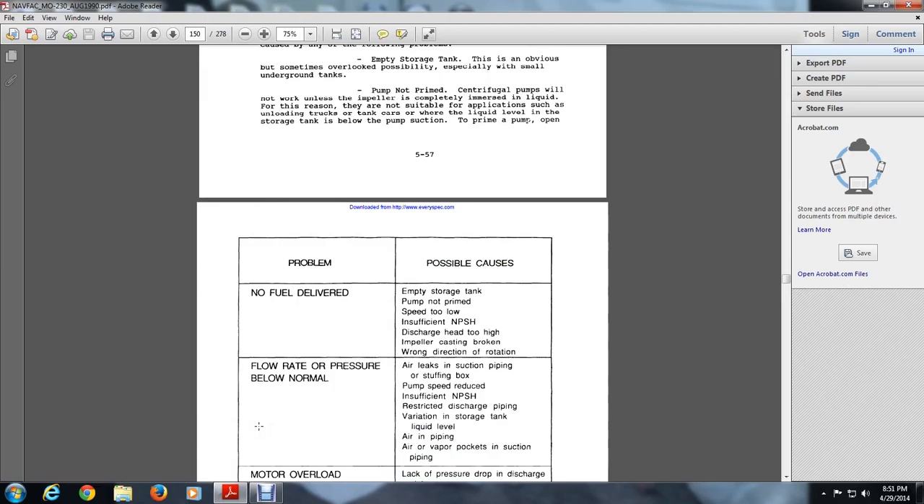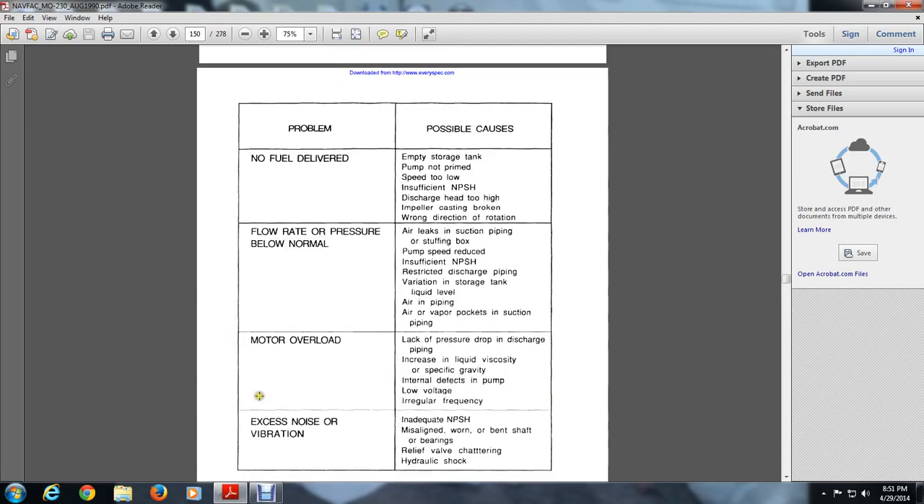You have your problem and your possible causes. No fuel delivered. The possible causes are: empty storage tank, pump not primed, speed too low, insufficient NPSH, discharge head too high, improper casting broken, wrong direction of rotation, flow rate or pressure below requirement, air leaks in suction piping or stuffing box, pump speed reduced, insufficient NPSH,